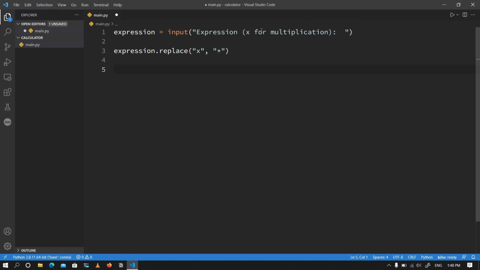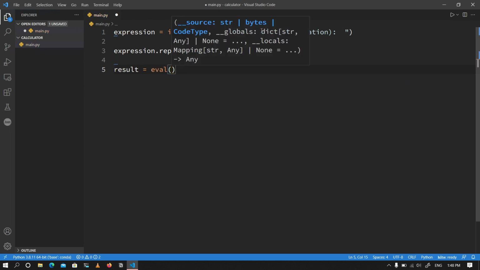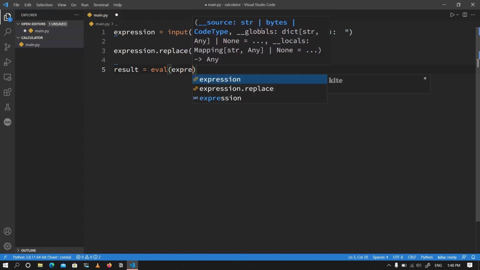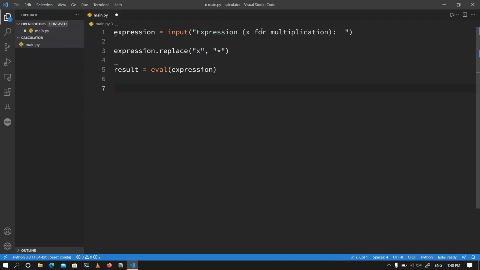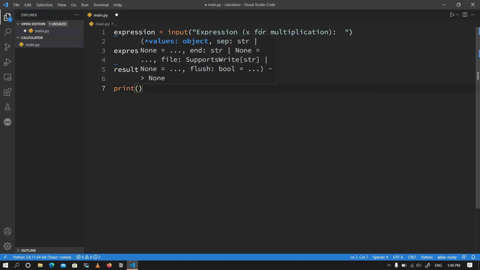Now, after doing this, what do we want to do? We want to find the result of whatever expression they've given us. So we want to do result to be equal to. Now, there is this function in Python called the evaluate function. How to evaluate any Pythonic expression that you have. So I'm going to pass this expression to that, and all I'm going to do is to print out the